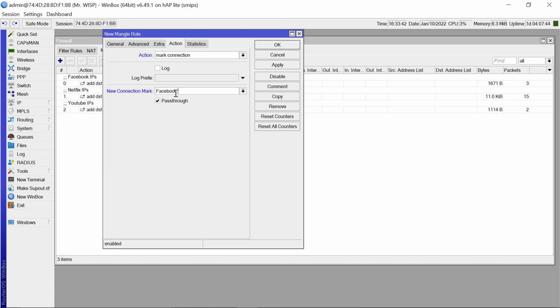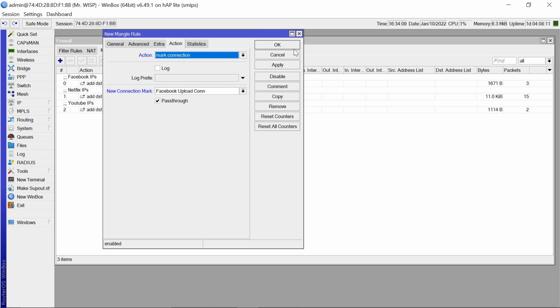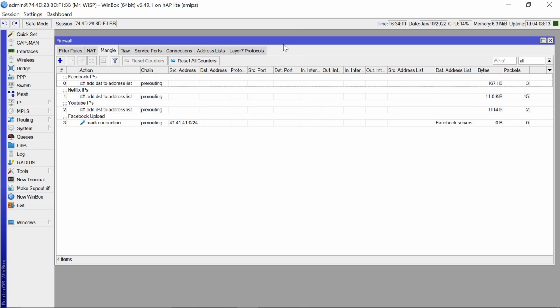Facebook upload connection. So we are going to start with upload. So this is the Mangle rule that's going to affect the upload. So after doing that, you can maybe give it a comment and say Facebook upload. Then click OK. So let's do another rule,